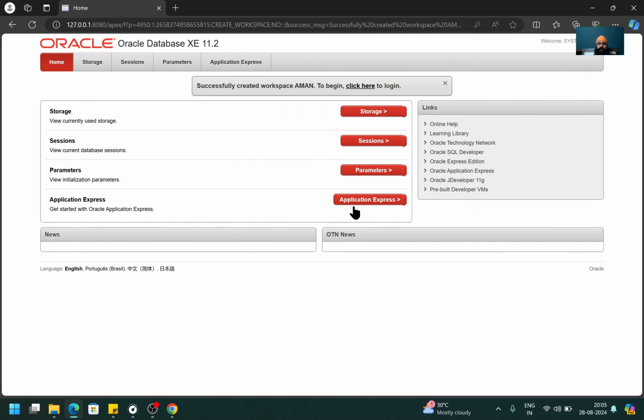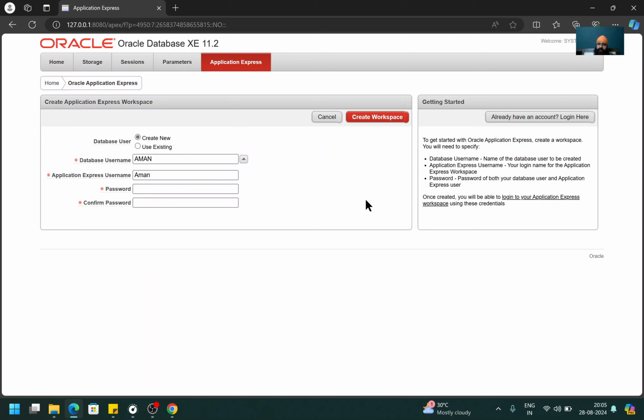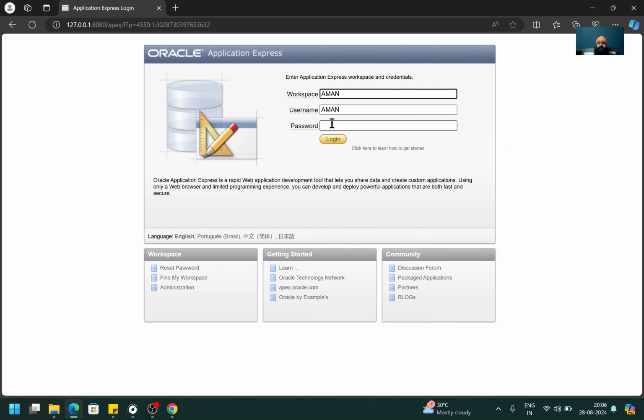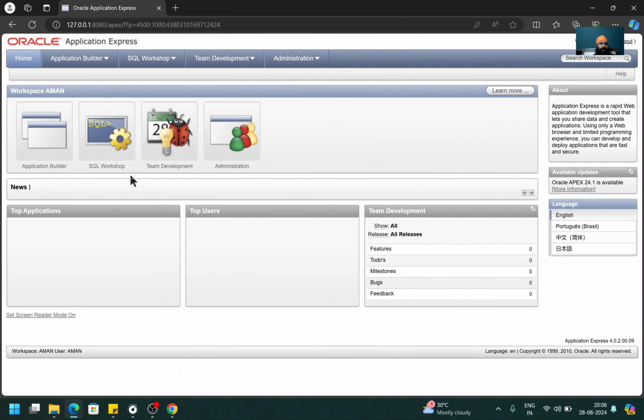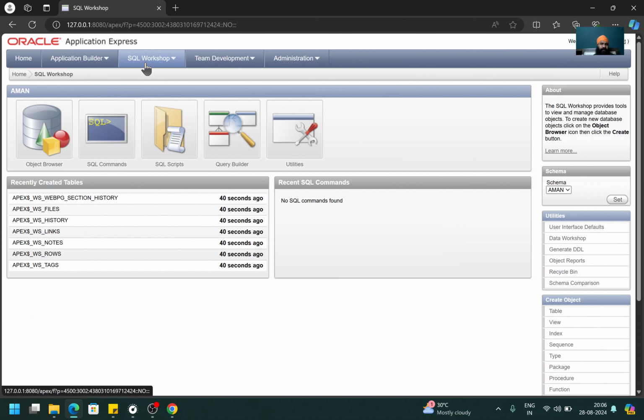Not now. Okay, so now again I'm going to click on this Express Edition. Now here I already created this workspace, so I'm going to use this, already having an account, login here. So now I'm going to log in with whatever user I have created, under the system login. So here I'm going to set the password which I set in the GUI mode. So now here login. Now here if you want to run the SQL queries, this is the SQL workshop,